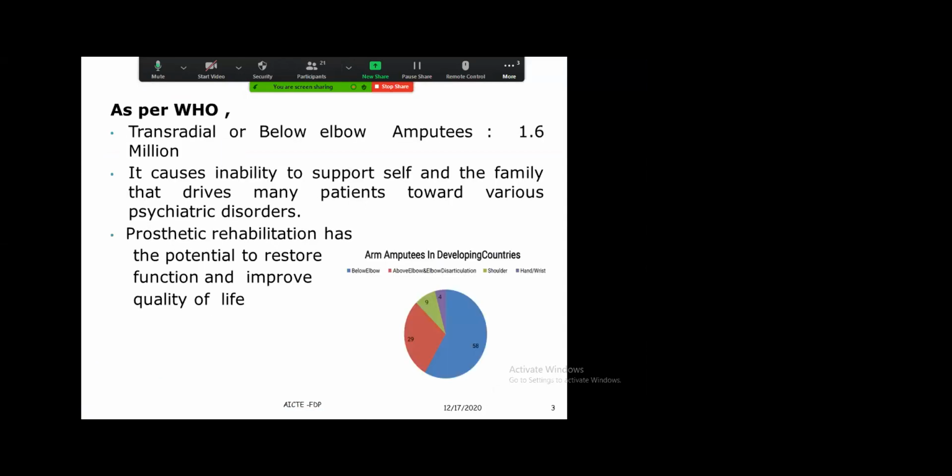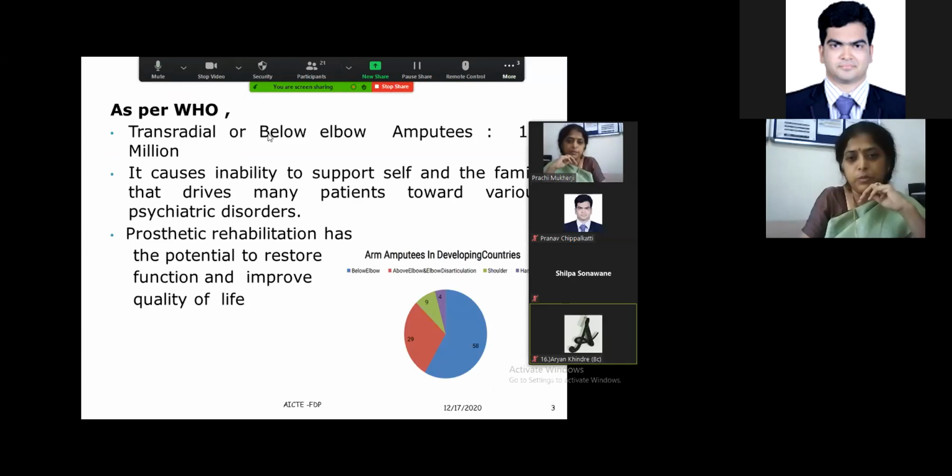So basically our motivation to go for the EMG signals was because there are a lot of amputees in the world, where 58% of them are actually below the elbow, which is called transradial amputees. And definitely this causes a lot of distress, and our work is actually towards the prosthetic rehabilitation of such people. This is the aim with which we went to solve this problem and improve their functionality. So this is the background.